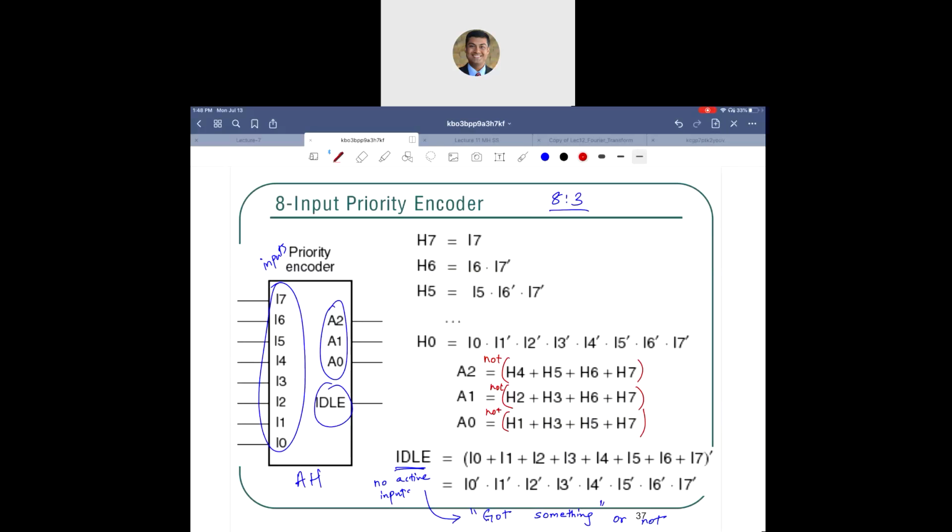All right, can you write a sample row? Yeah, that's exactly what it is, right? So A2 is not of H4 or H5 or H6 or H7. Yes, put not on output. How would I do that? Well,